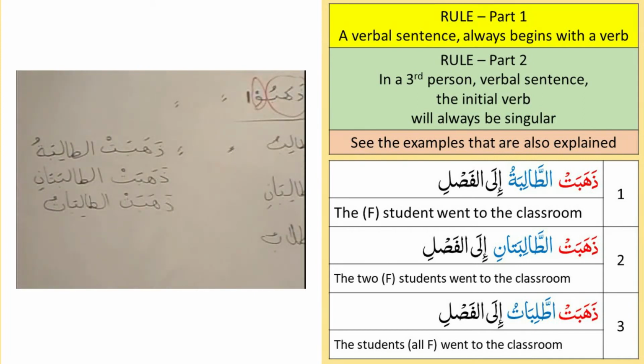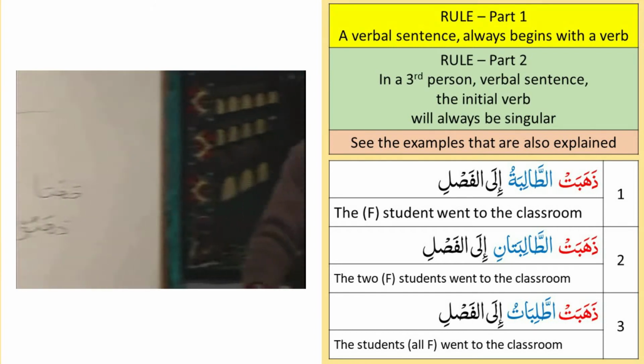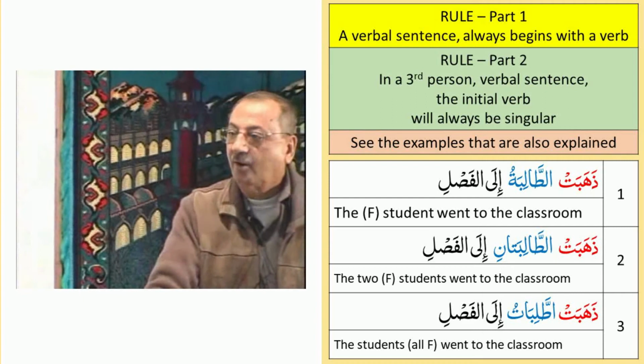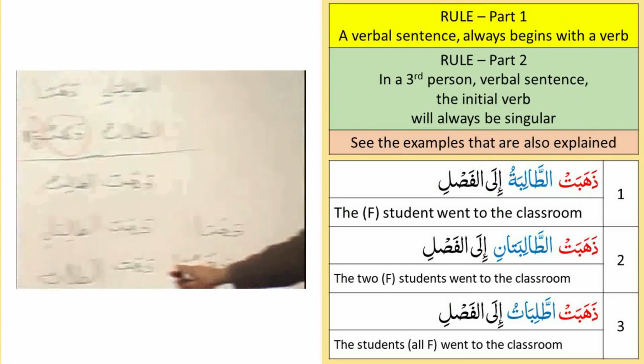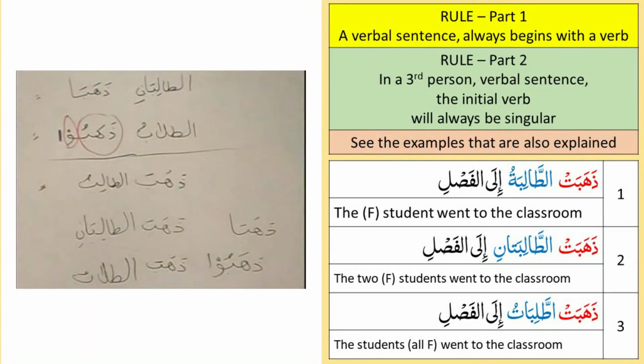Are you with me, brother? So what is the rule? That you start a new sentence, and if the fa'il happens to be ghaib, in third person, then whether it is singular, dual, or plural, you will use the verb in the first form, in the singular form. And then if you have to say more things about that fa'il, then you will use an appropriate form.